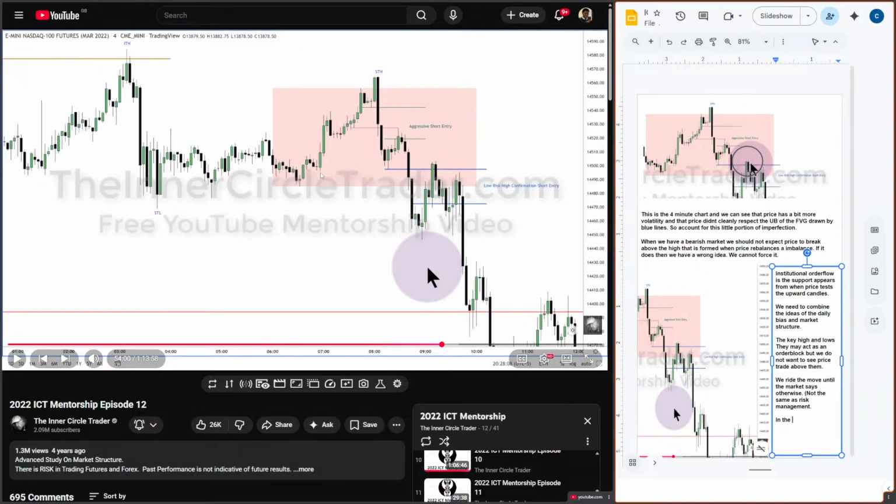Let me see. Yeah, something like down here. We shouldn't be looking for price to take this out because we're expecting the overall bias to be bullish. The only time it's permissible is if there is liquidity. So like this, well, to be fair, the liquidity happens to be the same thing as the short-term low right here. And if price comes down and we take it out a little bit, that's fine, as long as we are in the context of liquidity being taken out. But if there's a lot of liquidity, we shouldn't expect price to take it out.